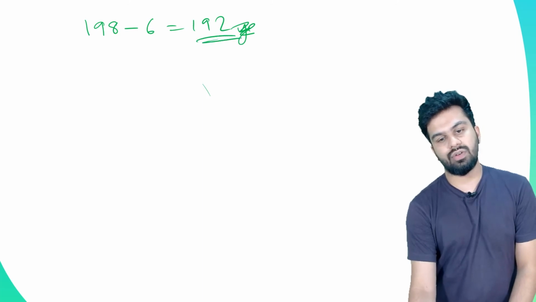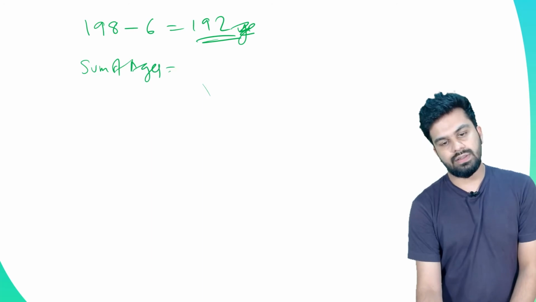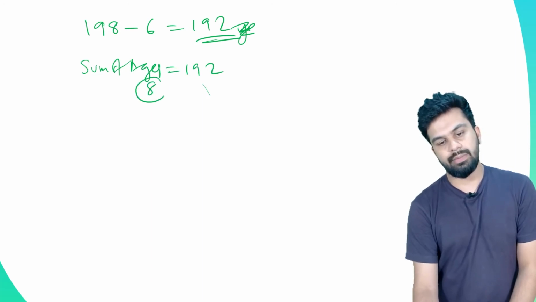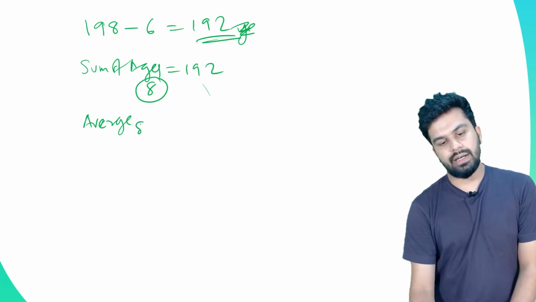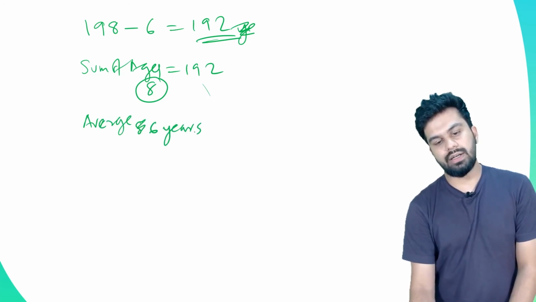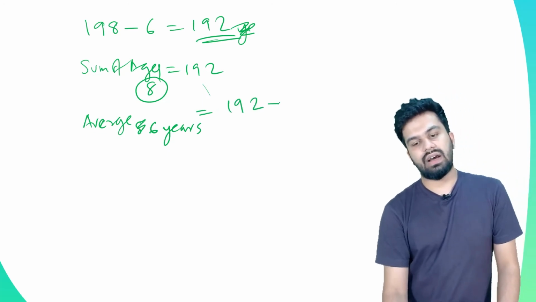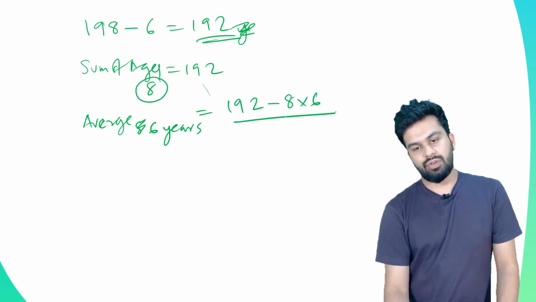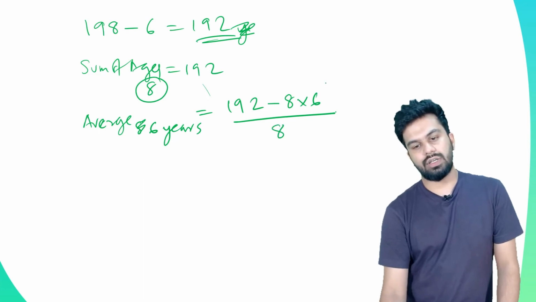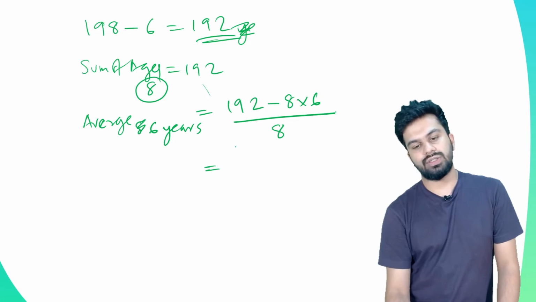Sorry, 192 ആണ് sum of ages. So sum of ages is equal to 192 for the remaining 8. Now we are asked to find the average 6 years back, കാരണം 6 years back ആണ് ലാവ്ഗിർ when Lavgir was born. So 192 എന്ന് എല്ലാവരുടെയും ഏജ് നിന്ന് we'll have to reduce 6 years. 8 into 6, the whole divided by എത്രയാണ്? number of members total എത്രയാണ്? 8 ആണ്. So this is equal to your total sum divided by total 8, total number of people, which is equal to how much? 192 എന്ന് 48 reduce ചെയ്യുമ്പോൾ നമുക്ക് 144 by 8.